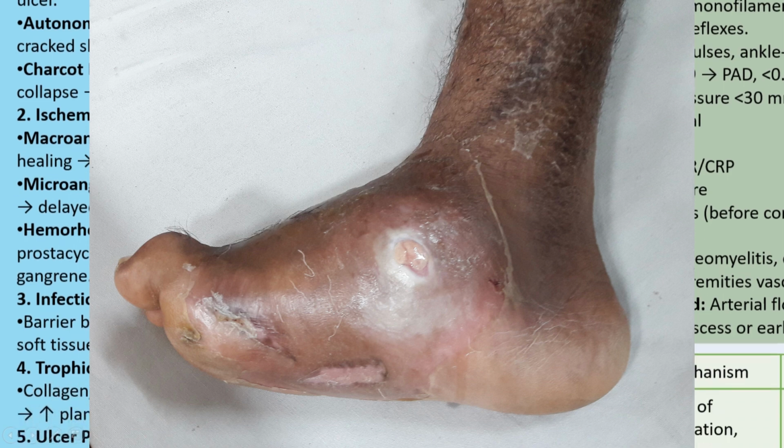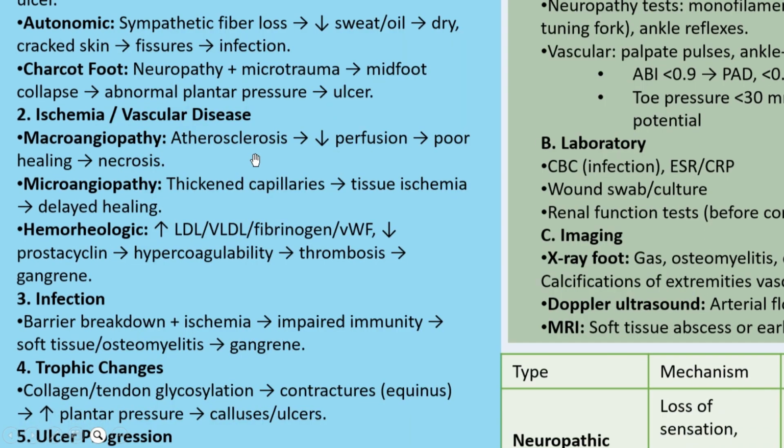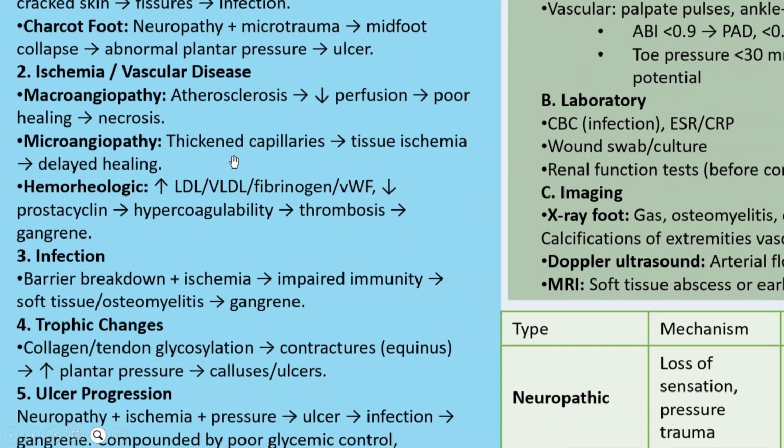Then along with the neuropathies, we have the ischemia or the vascular disease that happens. We have the macroangiopathy and the microangiopathy, and the macroangiopathy is going to come from atherosclerosis, the sclerosis of the big vessels, and that's going to lead to decreased perfusion. This is basically peripheral arterial disease that is happening here. And because of that poor perfusion, we shall have poor healing. And when we have wounds and ulcers, necrosis will set in. Then microangiopathy is due to the thickening of the capillaries, leading to tissue ischemia,